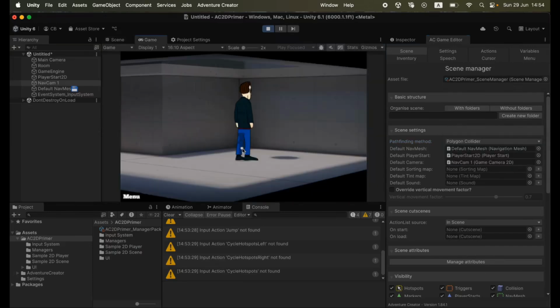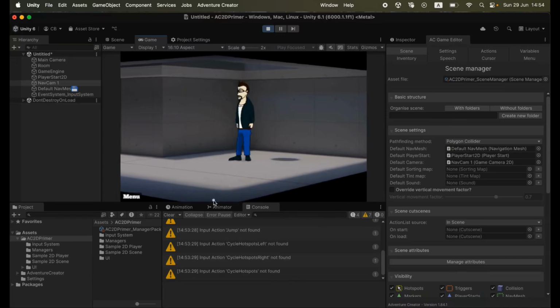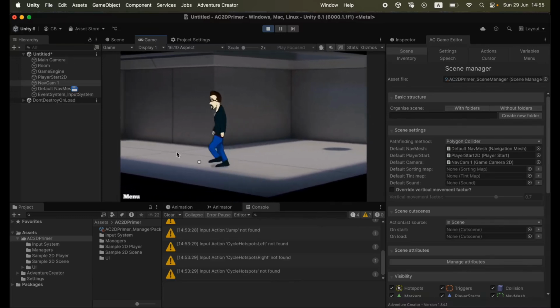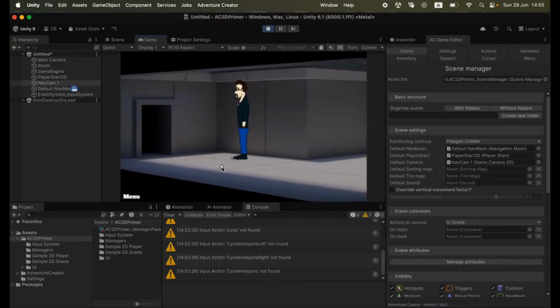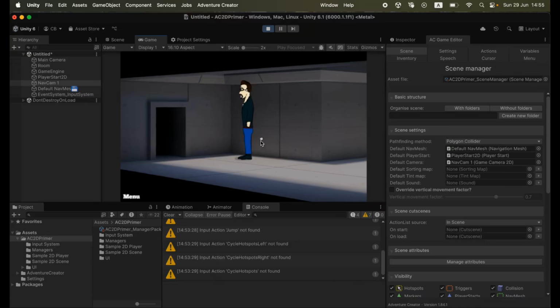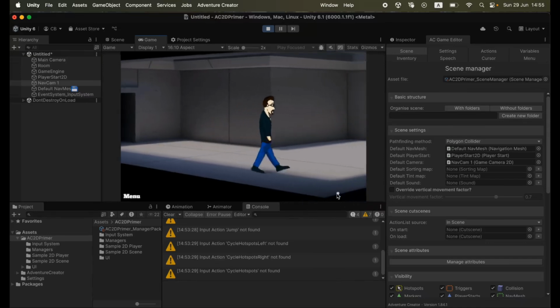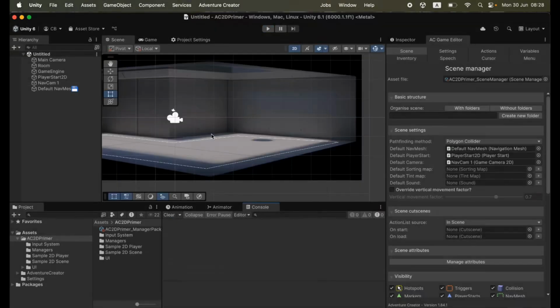The main issue with our scene so far, though, is the fact that our character doesn't change his size as he moves around the scene, making it look like he's very big back here and very small when he gets down to the bottom. We can fix that by using a sorting map, which is a way of controlling how characters render differently according to their position in the scene. We can go back to our scene settings, and we have another field for our default sorting map. Click on the plus to create a new one, and if I then select it,